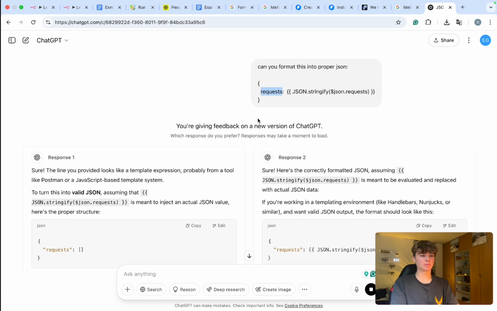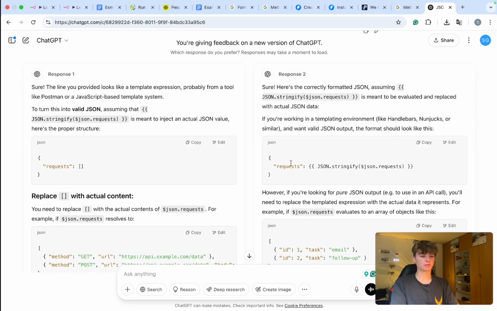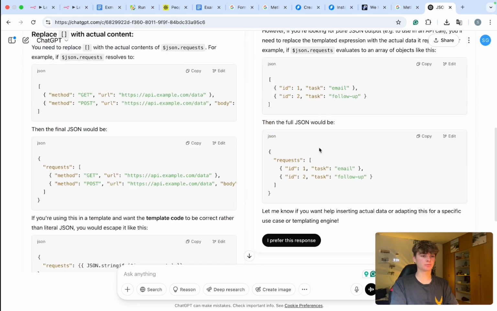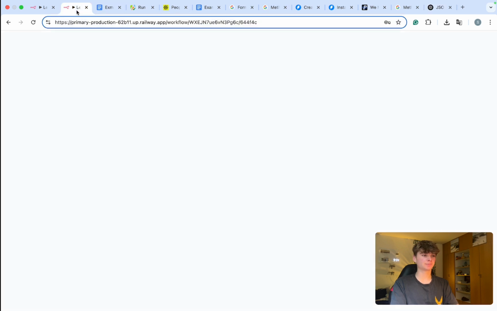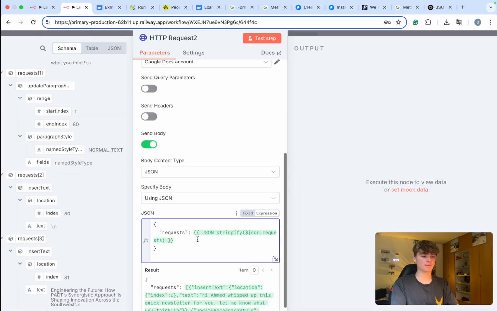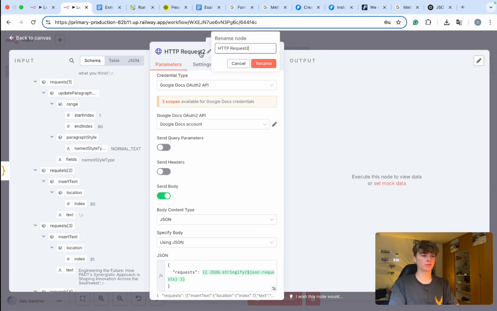And we might need some quotes somewhere. Not sure though. Oh yeah, it added some quotes there. So I'm going to copy this one over. I want to say, I prefer this message. Thank you. Let me head back here. Paste this in here. And now, once I run this, I'm also going to rename this insert